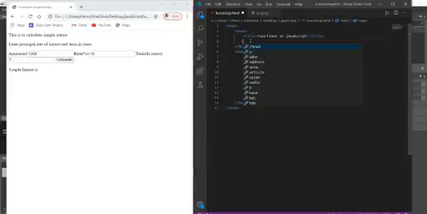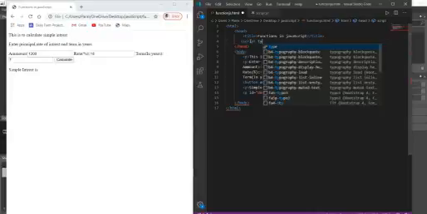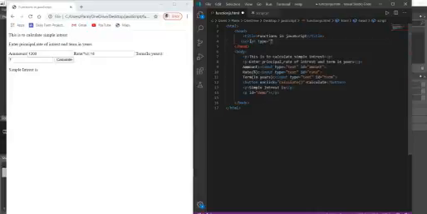So here I write script, then I have to give the type as text/javascript. This tells the browser that we are going to call a script file that is a text or JavaScript file.